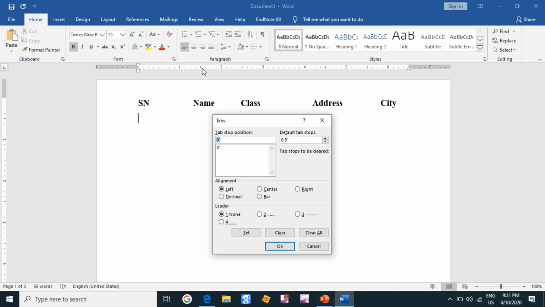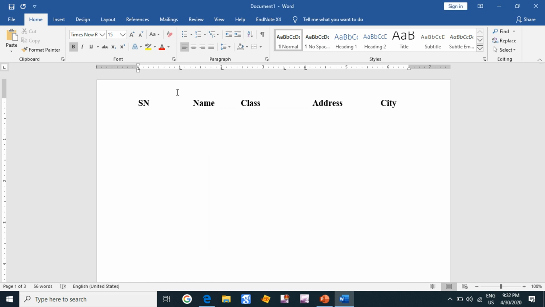Next I'm gonna type 1 and then set. Then I'm gonna set at 2, at 3.5, and then I'm gonna set one at 4, and so we have set our tab stops here.